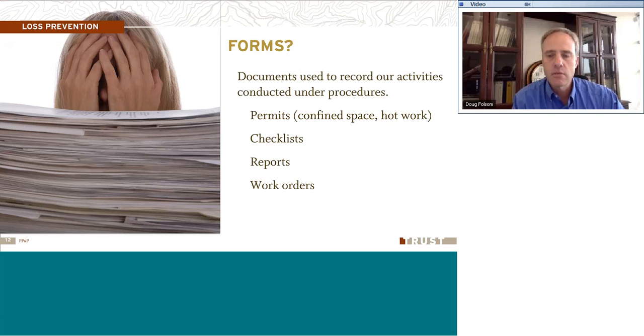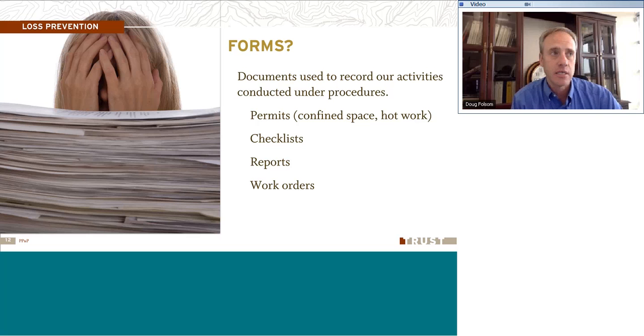So we have a permit required confined space. We need to have a document that is used as part of that procedure to make sure that we are following that program properly. It could be checklists, it could be reports, work orders that we use to make sure that when we've identified a problem, that problem gets repaired and reported back when it is completed.